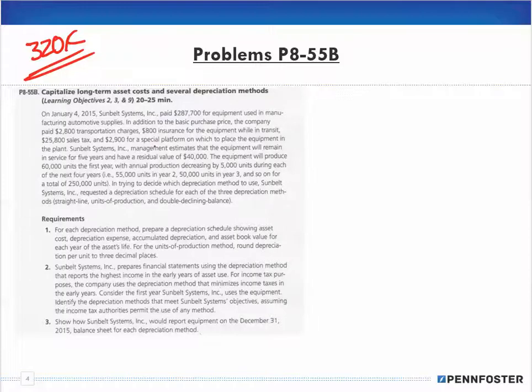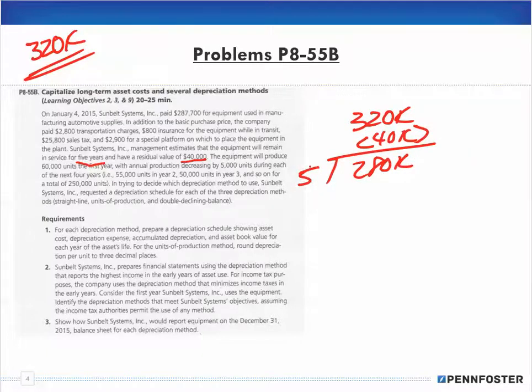The equipment will have a book value of $320,000. So now we need to calculate and create a depreciation schedule for each of the 3 methods, right? So the first, we're going to use straight line depreciation. It says here, management estimates that the equipment will remain in service for 5 years and have a residual value of $40,000. So $320,000 less $40,000 is $280,000, and we divide that by 5,